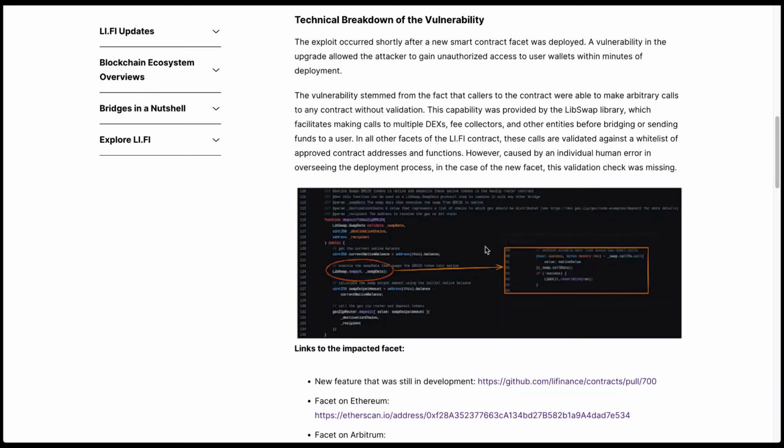Today we're talking about arbitrary calls. In the last few days, we've had a security incident from Leafy. And so I'm going to talk about how this happened, but I'm also going to talk about ways to prevent it. Fundamentally,